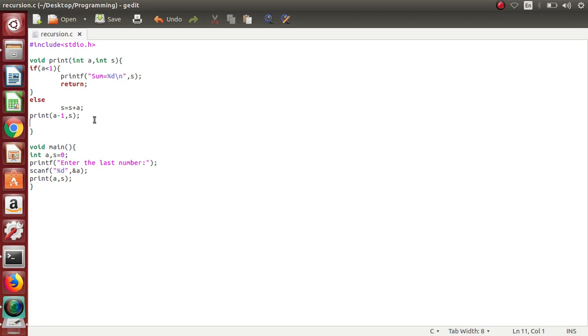It is similar to looping, because the statements are executed repeatedly in this case also. So here it will be: enter the number, then scanf, then print s, then if a less than 1, it can be if a equal to 0, then